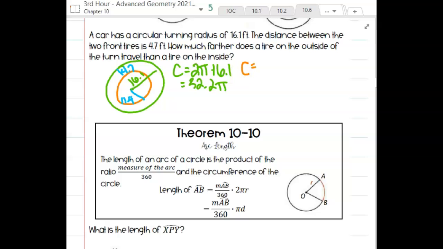So then I can find the circumference of the smaller circle by doing 2 pi r. So 2 pi times 11.4, which is going to give me 22.8 pi. So I have the two distances. I know they look kind of funny because they have pi in there. But if the outside tire traveled that far and the inside tire traveled that far,